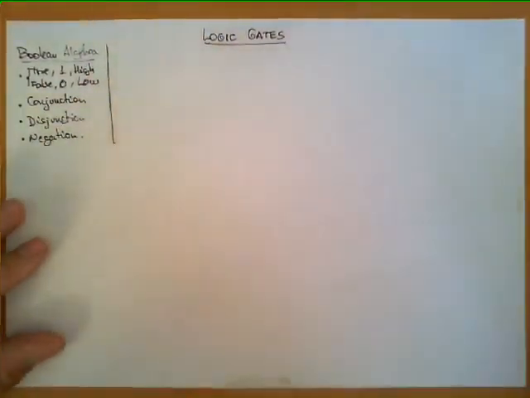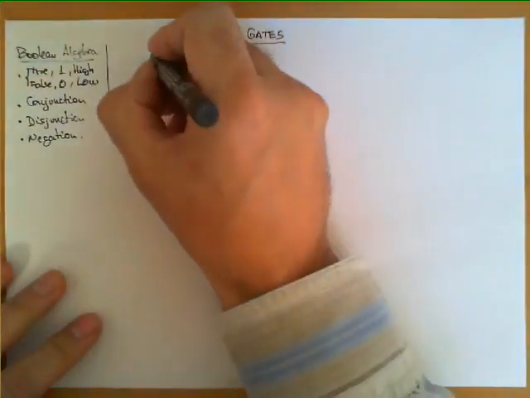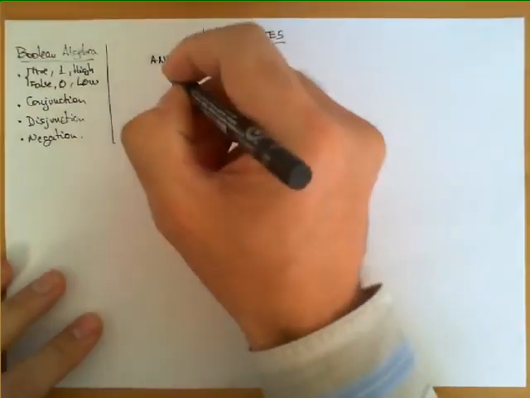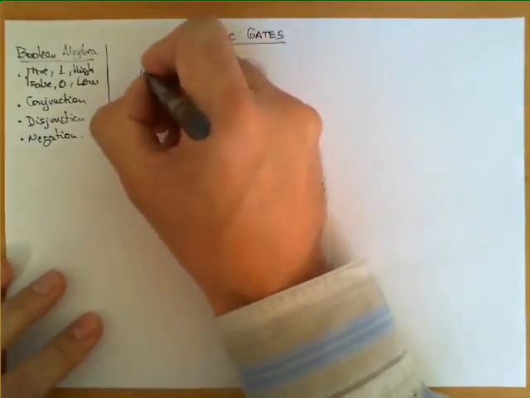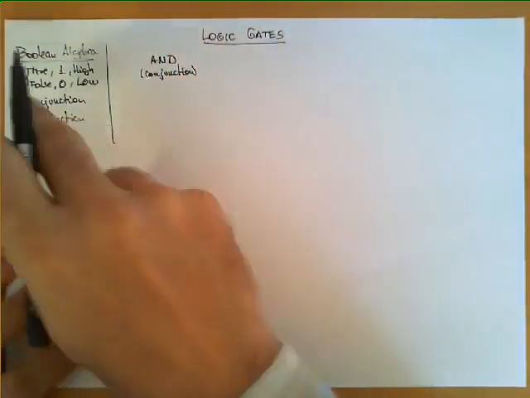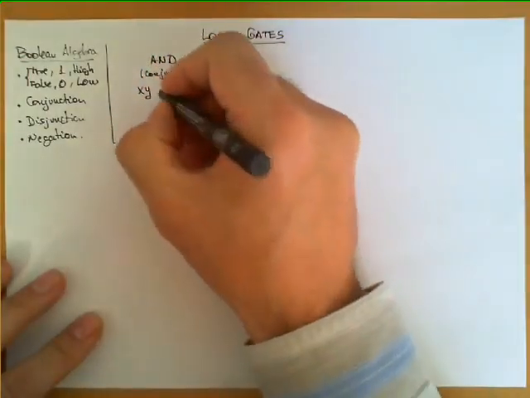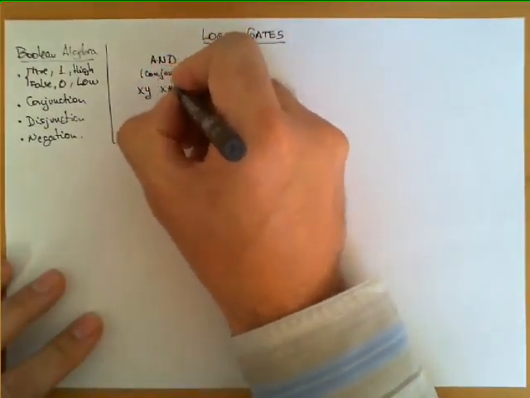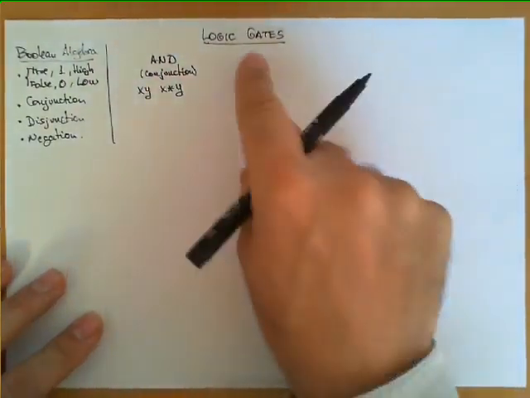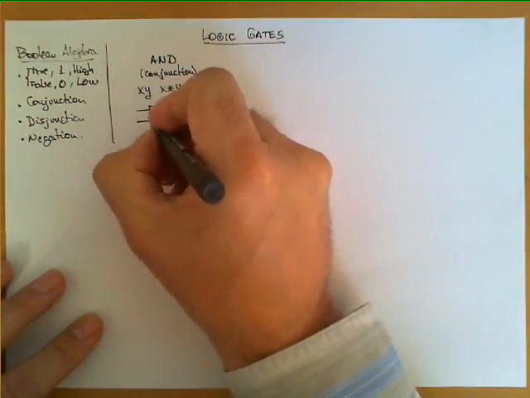So, the logic gates that we're going to study here first correspond with these basic operations in the Boolean algebra, and then we're going to derive some additional gates. The first one we introduce is the AND gate. The AND gate is the one that corresponds with the conjunction. So we can express in the context of this Boolean algebra the operation that is implemented by just saying xy, or x times y. The symbol for this logic gate is the following: two inputs, x and y, this symbol,